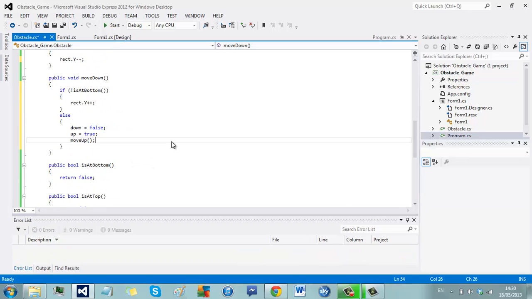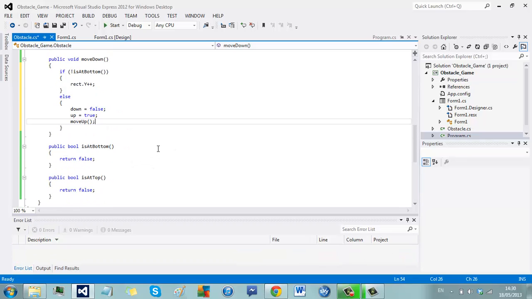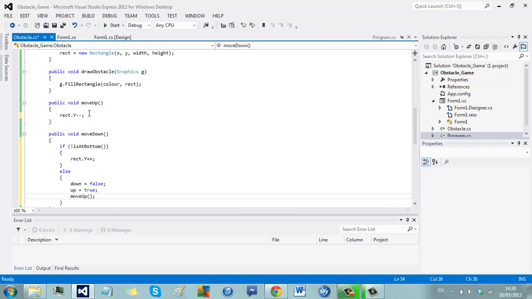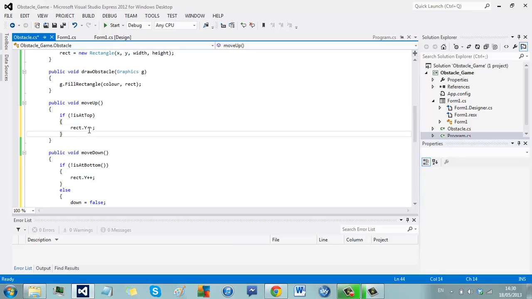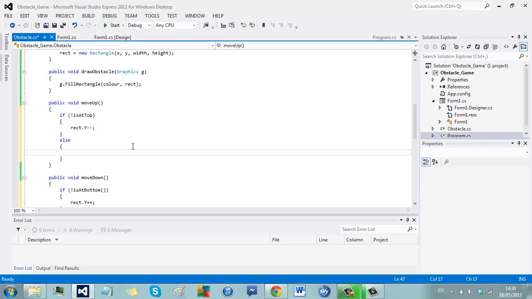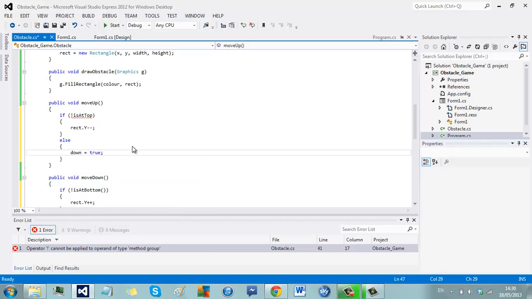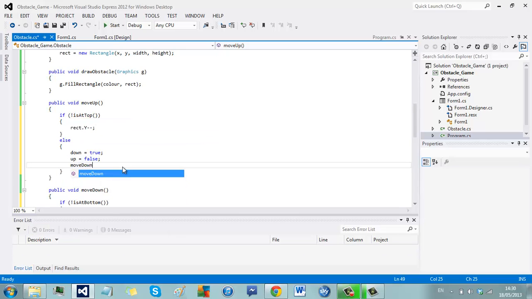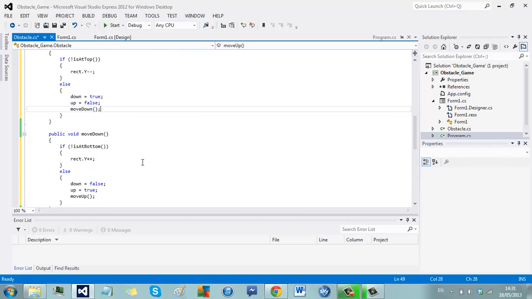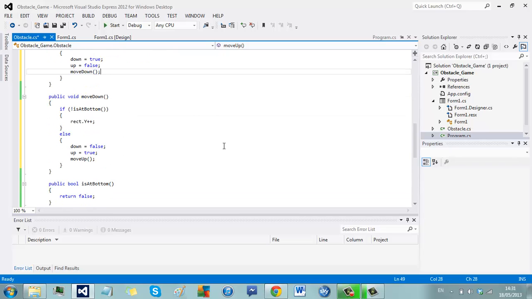move up method, so we start moving up, and basically we do the same thing in the move up method, apart from everything is the other way around. So if it is at top, if it's not at the top, then we want to keep moving up. Else we want to swap everything, so now down is true, up equals false. Sorry, I just forgot the brackets. And then we want to move down. So that should make sense. I went through that a little bit fast, but